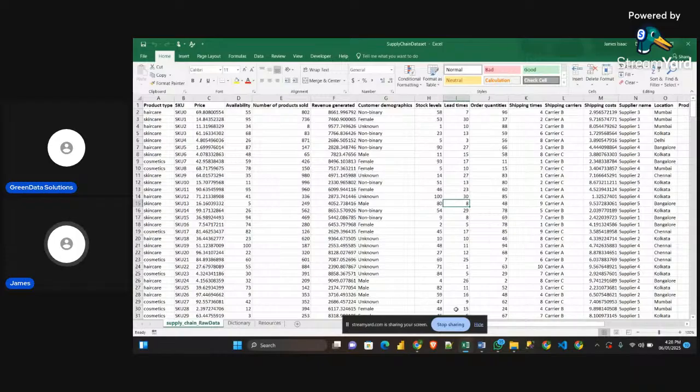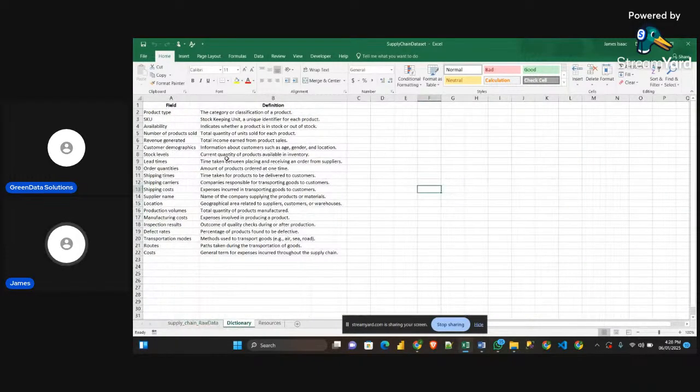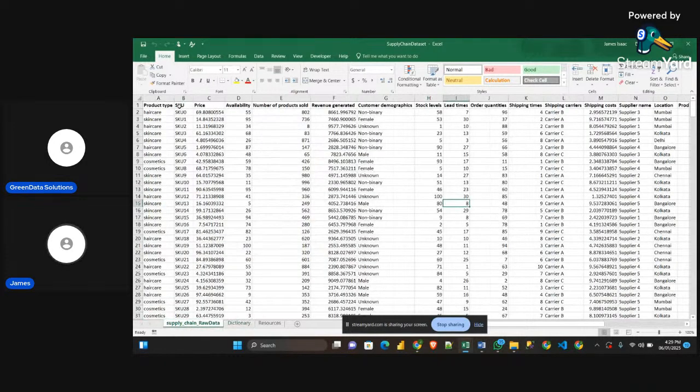And so I have a dictionary. I always have a guide, which is a data set dictionary, where each field I explain. So you can go through the fields one after the other to understand what each field is. For example, you might not know what is SKU. Now we have it here in our data set. We have SKU. So it stands for